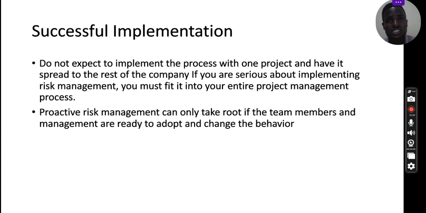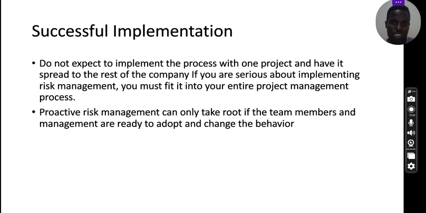Sometimes project managers have issues with saying that if I've done this for this project, it means it will work for the rest of the projects. No. And I'm saying it for the third time, no. If you're serious about implementing your risk management process, fit it into your existing management process. Yes. Then proactive risk management can only take root if the team members and management are ready